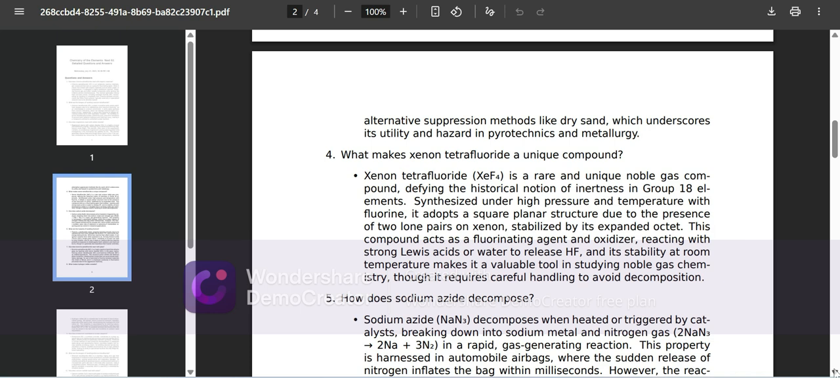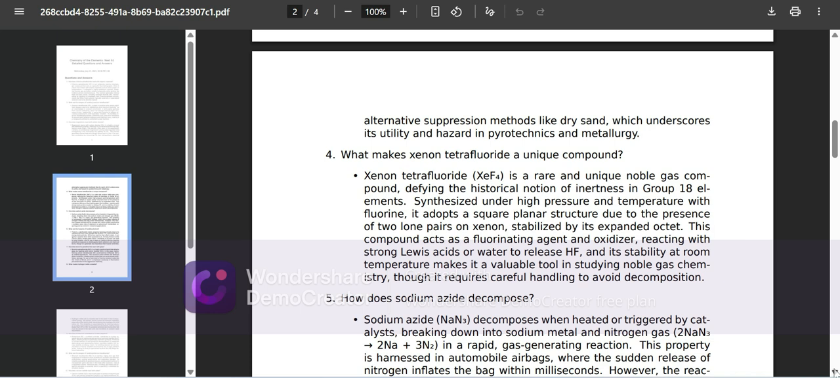What makes xenon tetrafluoride a unique compound? Xenon tetrafluoride, XeF4, is a rare and unique noble gas compound, defying the historical notion of inertness in group 18 elements. It is synthesized under high pressure and temperature with fluorine. It adopts a square planar structure due to the presence of two lone pairs on xenon, stabilized by its expanded